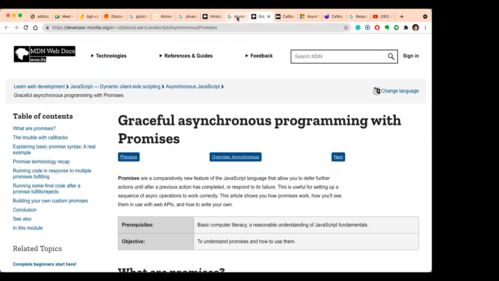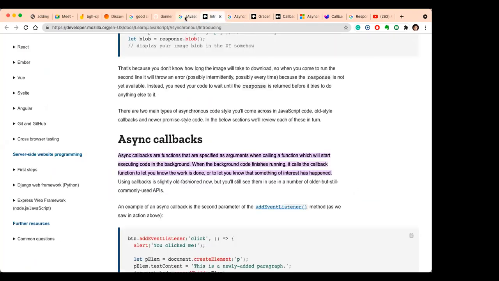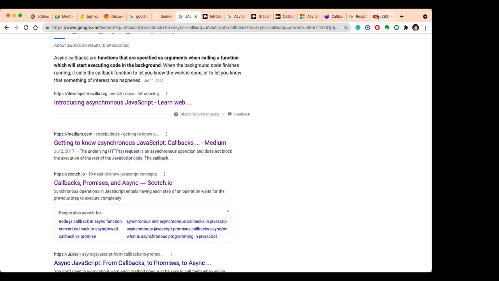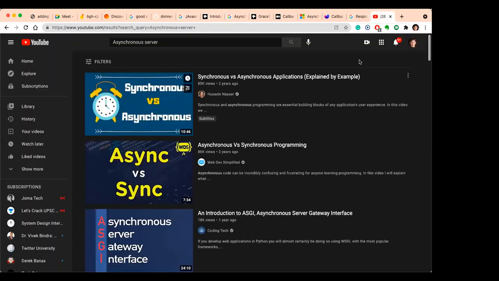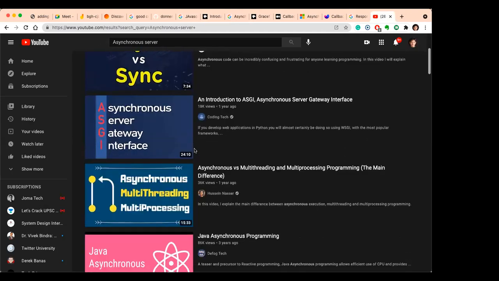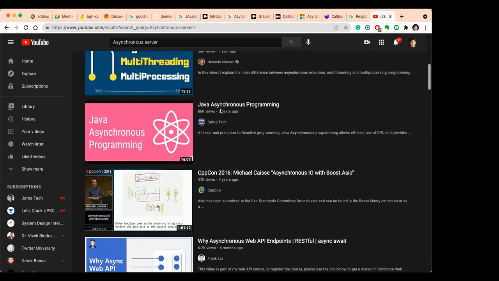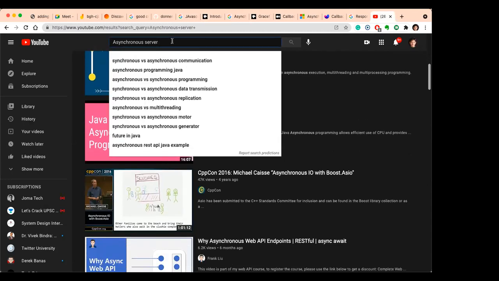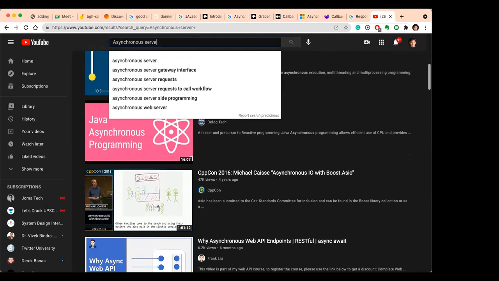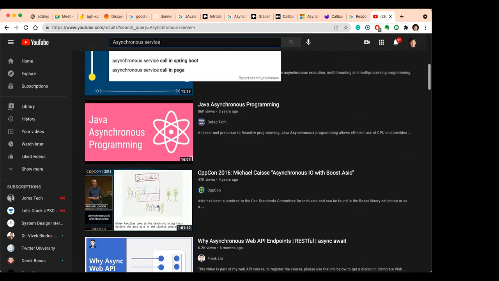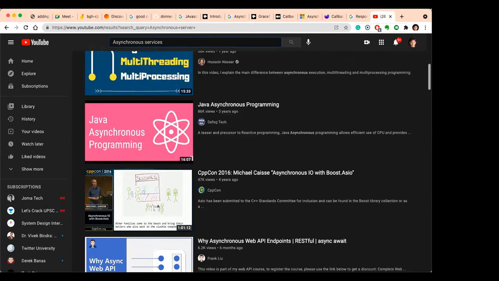Yeah, because at the code level we try to implement asynchronous calls, even if the application is talking to, let's say, a database. We try to implement asynchronous calls with the database because we don't know when the database will return, right? So those are at the code level. We try to use the async library, or whatever you call it. But I think using those libraries itself, we can make the